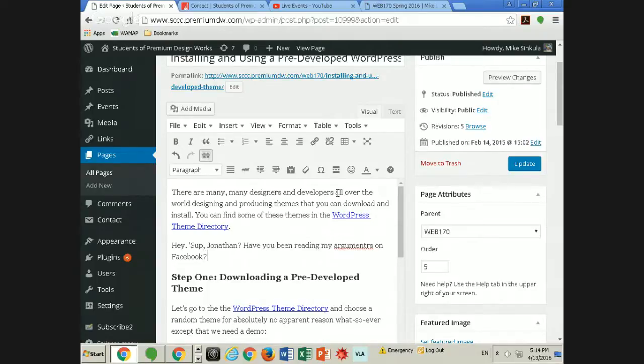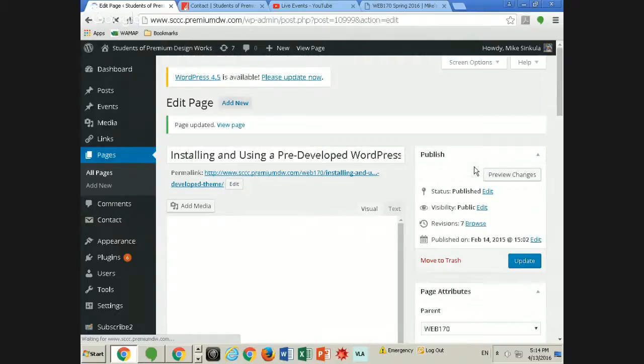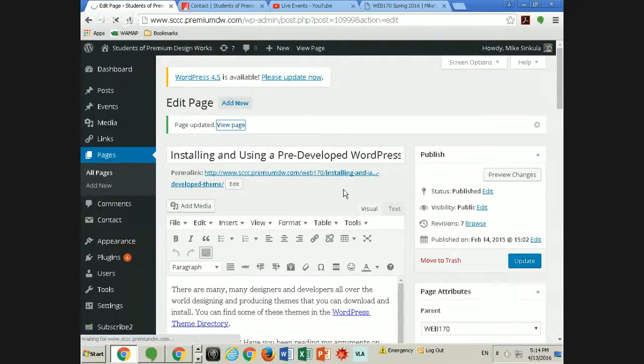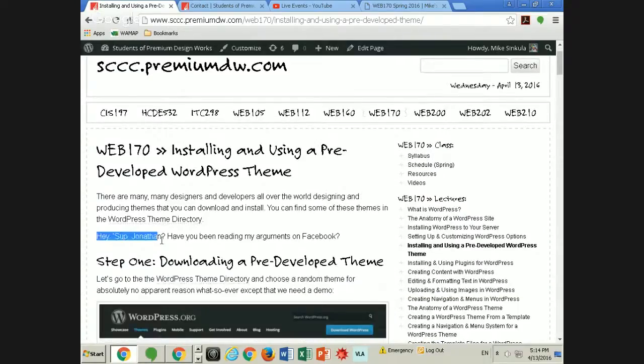I can edit the text on this page. And I went over here and hit the update button, and viewed the page. Nothing changed with my theme. I'm not editing my theme. So I am not editing any raw HTML that has anything to do with the look and feel of my theme. Now, if we go back and edit this page,